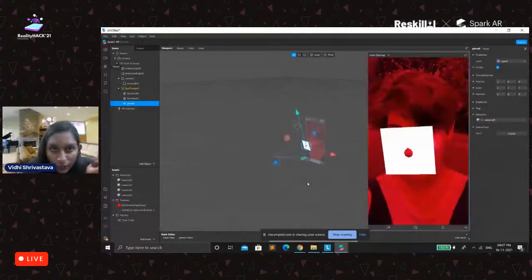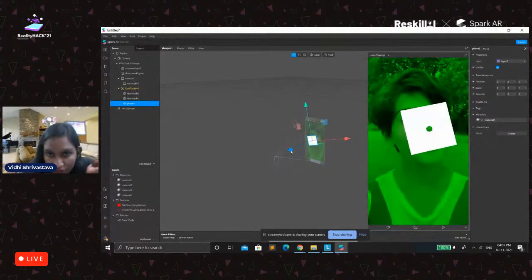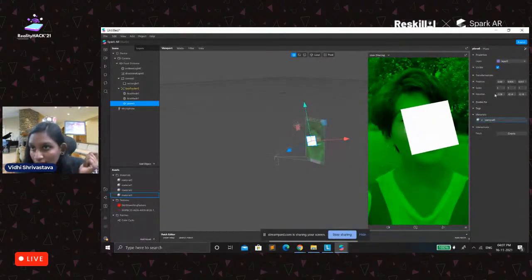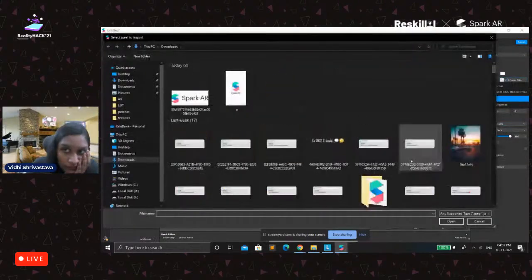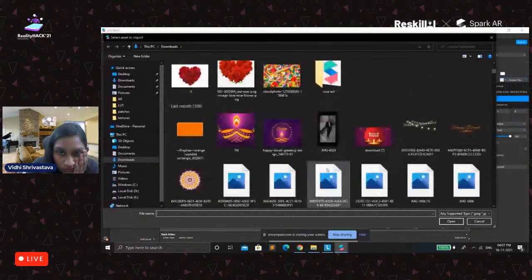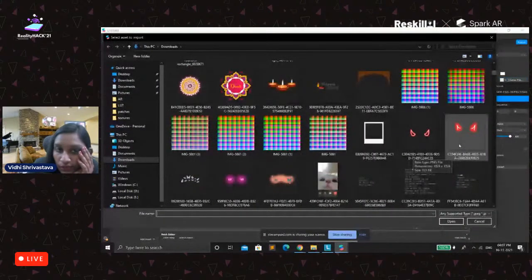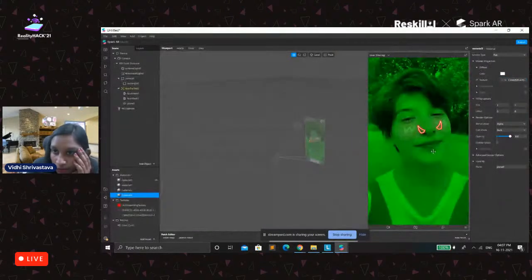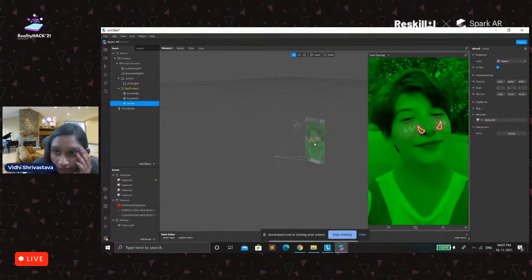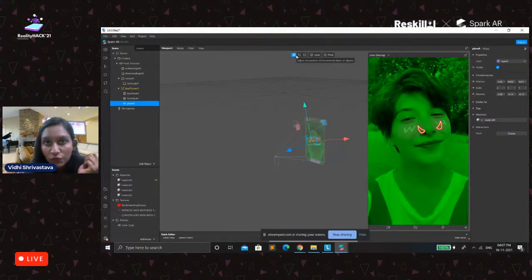So let me pause it and shift it a little bit on our axis, and let's add a texture here. Let me add these horns, and we will just increase it. Now see, we have the options here.